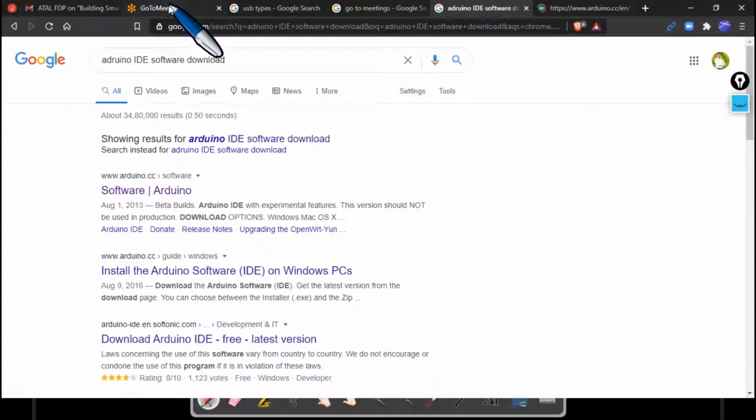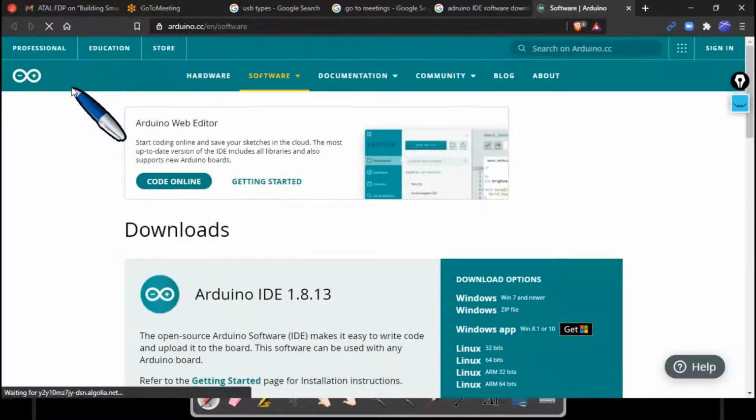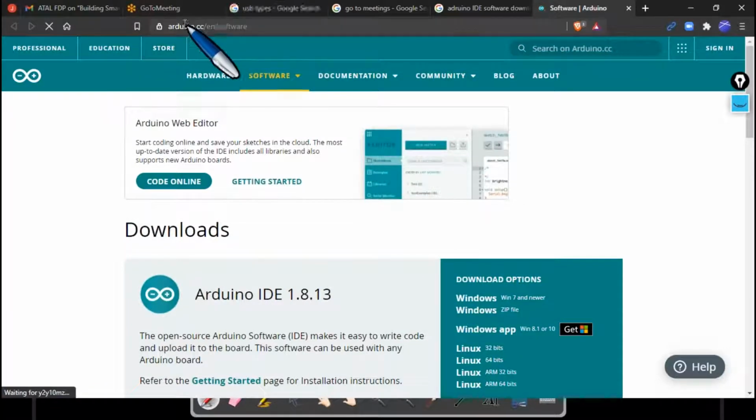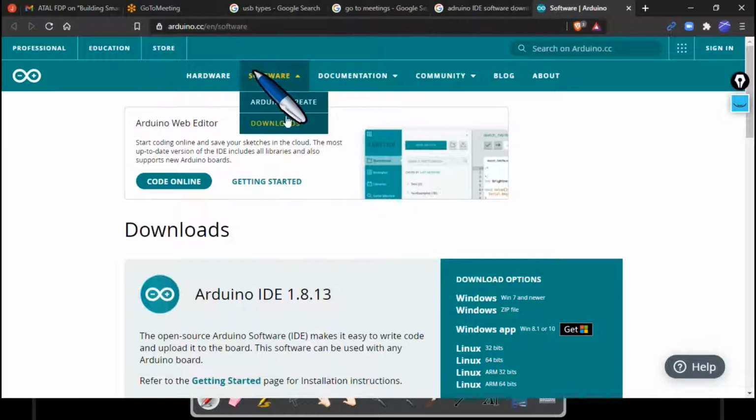After doing that, this is where you can see that the arduino.cc/en/software link has opened. Let me zoom out a bit.